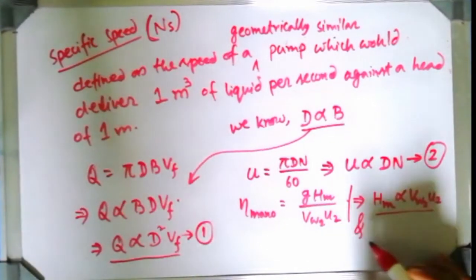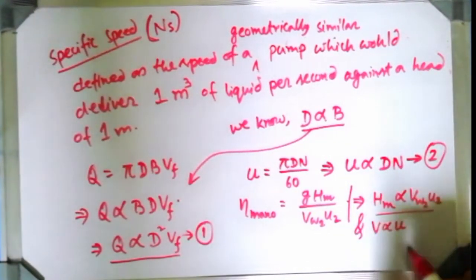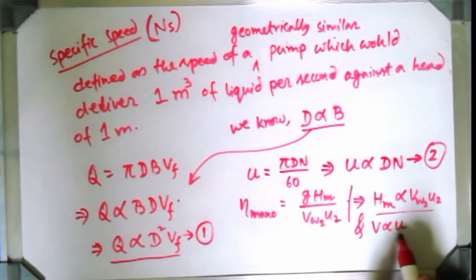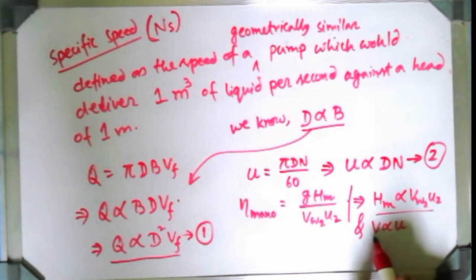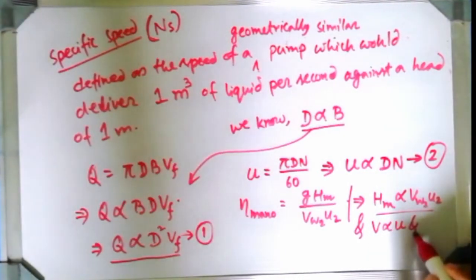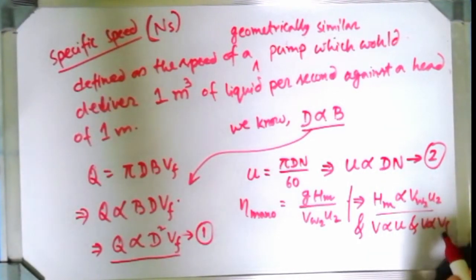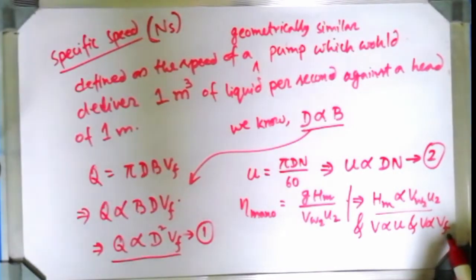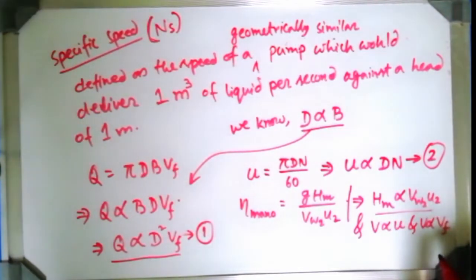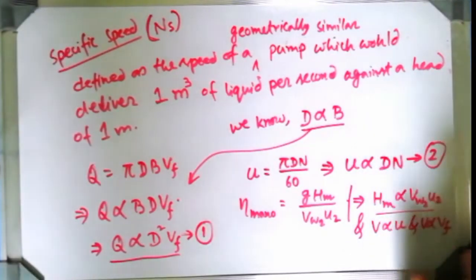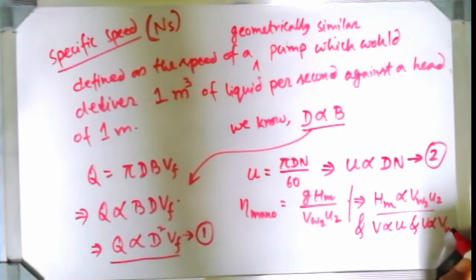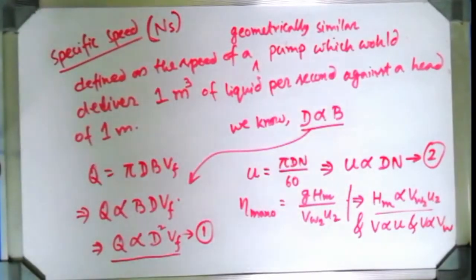And again we know V proportional to U, that means the absolute velocity of the jet and the velocity of the blade are also directly proportional. If the velocity of jet is increased, with respect to that U also will be increased. Again we know V is directly proportional to Vf, because Vf is nothing but the axial component of the V. Then V, if it is increased, then Vf also will increase, just making different relationships. First let me consider V proportional to Vw. Afterward I will come to Vf.